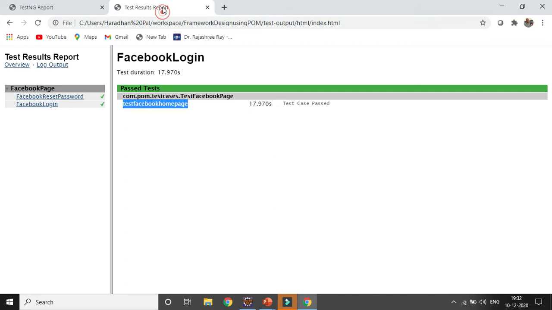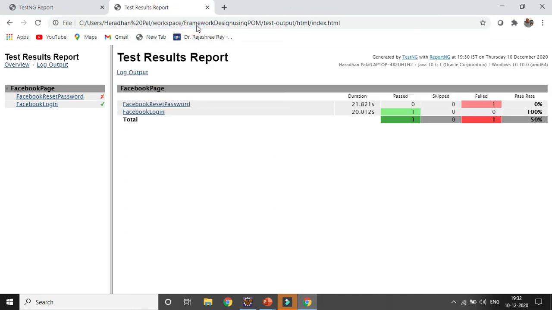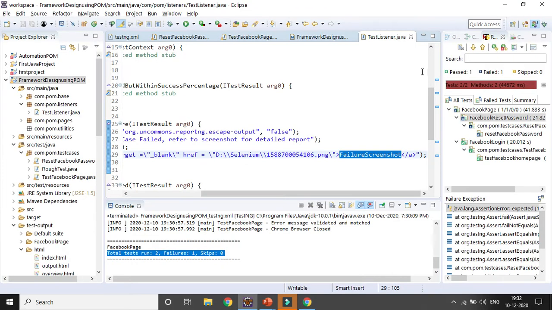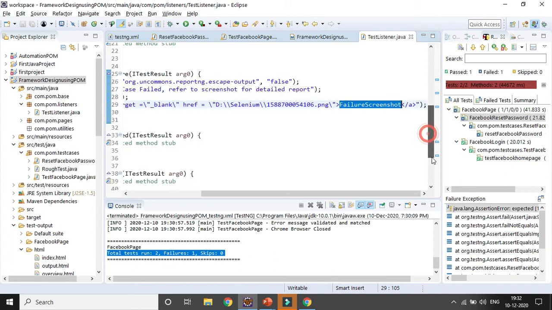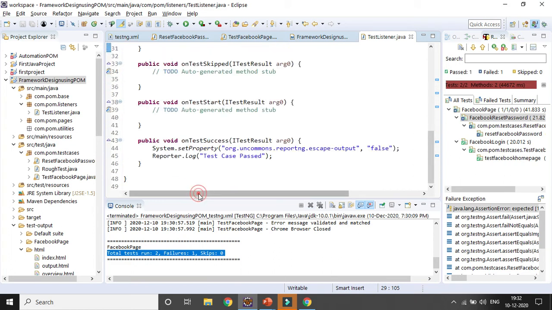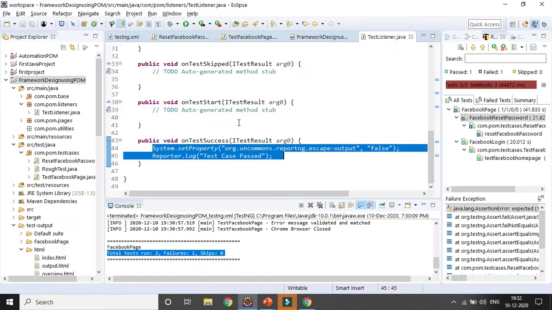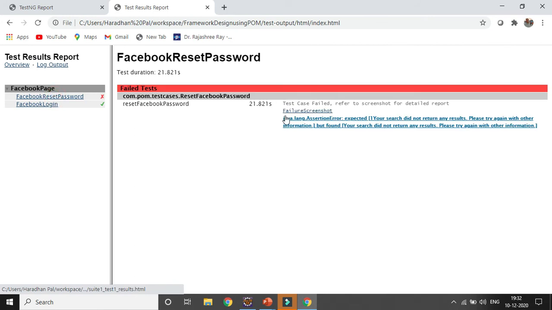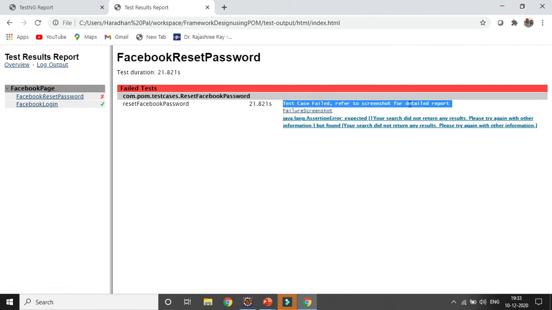Similarly, if you refresh it once more, you can see one test case is passed. If you open the passed test case, you can see "test case passed". This is coming from the onTestSuccess method's body, the part we have written, test case pass. And this is for the case the test case is failed. Now if you open it, you can see test case failed, refer to screenshot for detailed report.